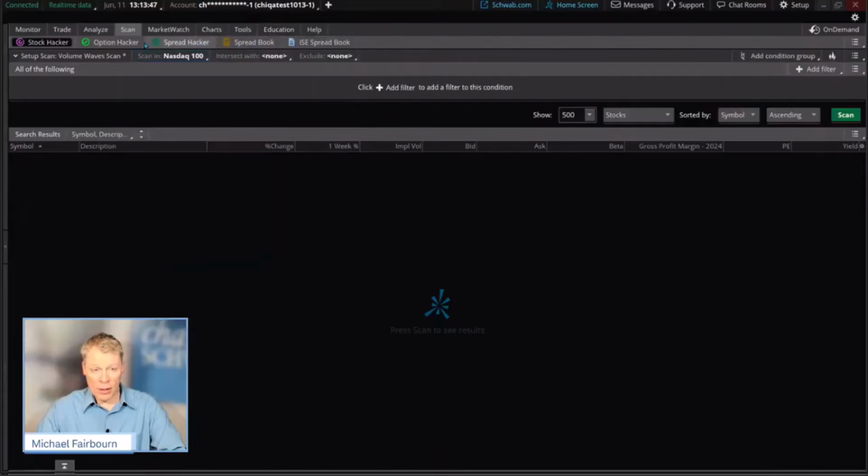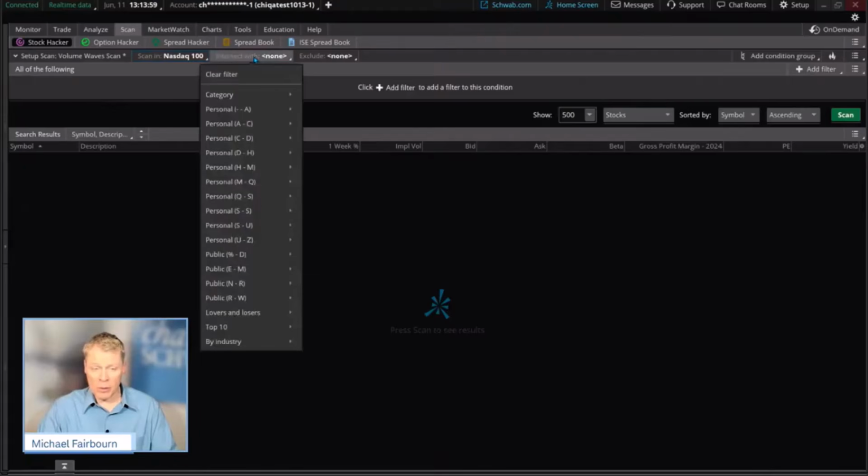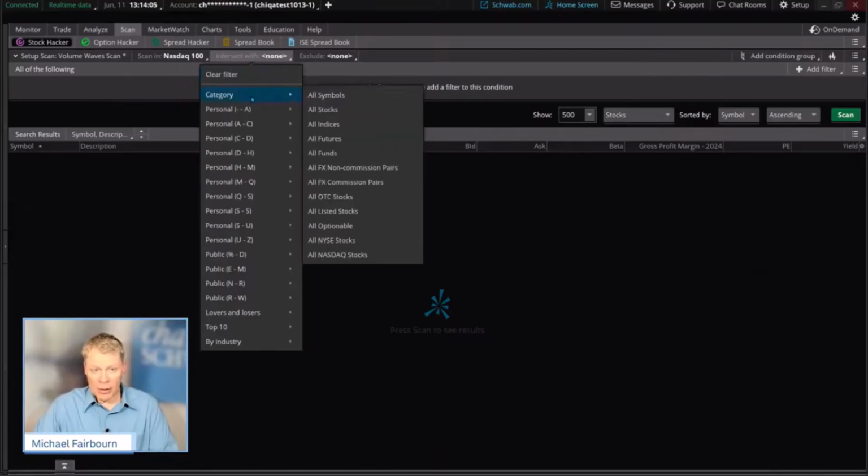Notice I'm just right over here in the NASDAQ 100 is where I'm at. Did you know there's a really interesting additional filter that we can apply to scan within the scan itself that's built into Thinkorswim that could take into account volume, etc.? You can still do that, but come down here and look at the category. Okay, categories, anything here? Not really so much. I mean, there's all optionable, maybe a key one.